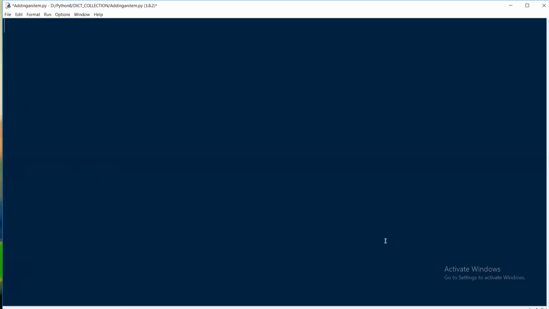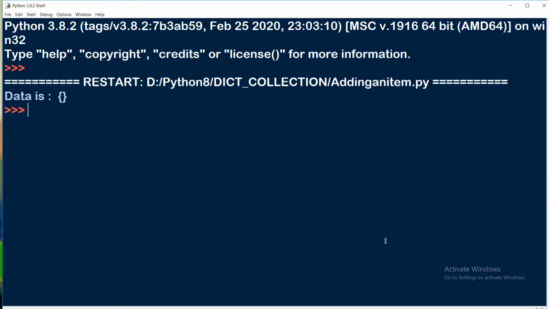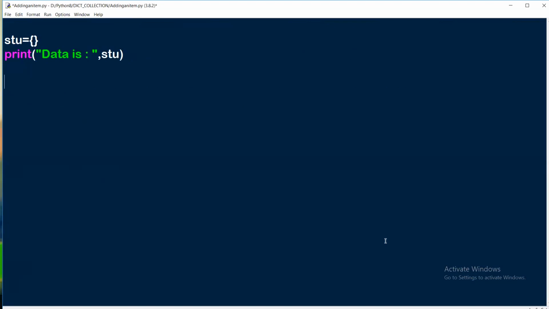Now you can observe this, my dear. Here I am creating an empty dictionary. It is an absolutely empty dictionary. We didn't have any data here. So the data is STU. Just a shortcut for executing is Shift+Enter. Now it is an absolutely empty dictionary. Now my requirement is I would like to add a new item to the dictionary without using a method.